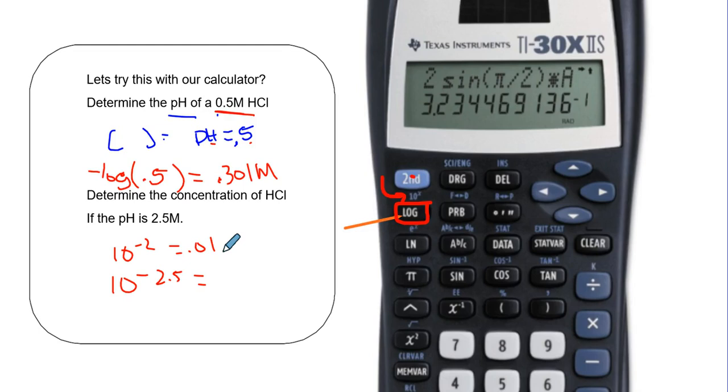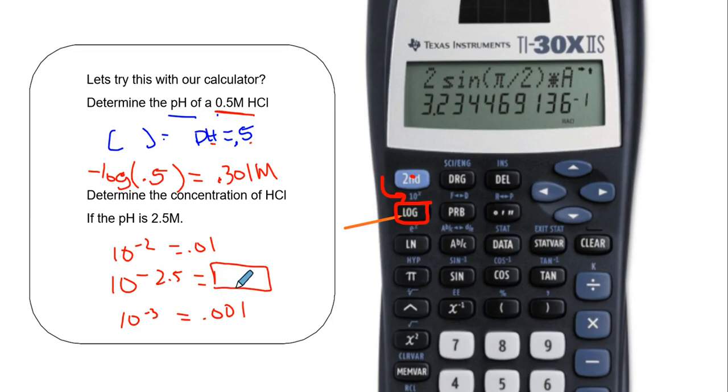And then if you did 10 to the negative 3, and this is something you can estimate in your head, 0.1. So this guy's going to be somewhere in between here. Take a moment and actually calculate it out. So it's going to be